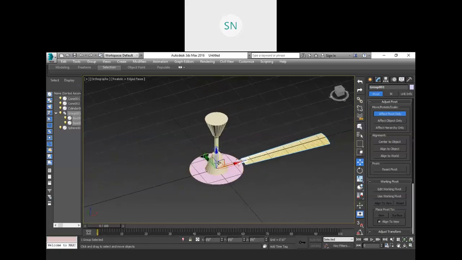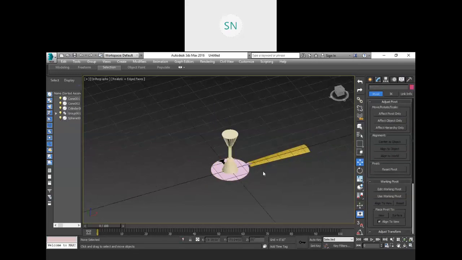2 or 3 times switch your transmission from move, rotate and scale. So all the things will transfer over here. Move, rotate, scale. All the things must be over here. Once all your transformation tool transfer to this point, right, then turn off this affect pivot point, and now your pivot point of this object is at this point. So in this way we can change our pivot point, the position of our pivot point,